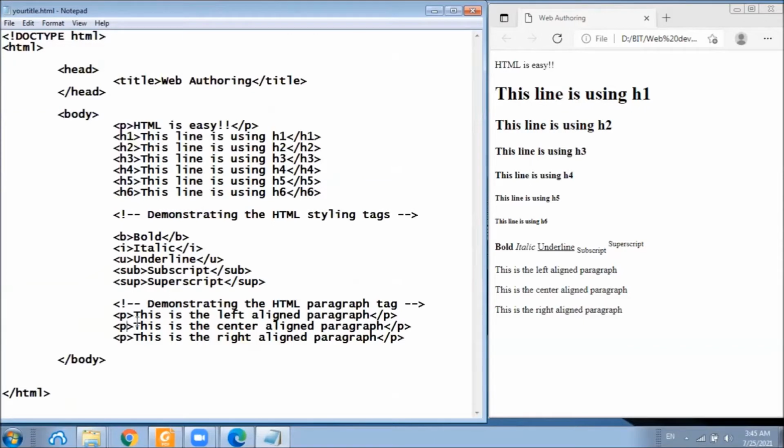In order to make this paragraph center aligned, we have to specify the align attribute for this paragraph tag.